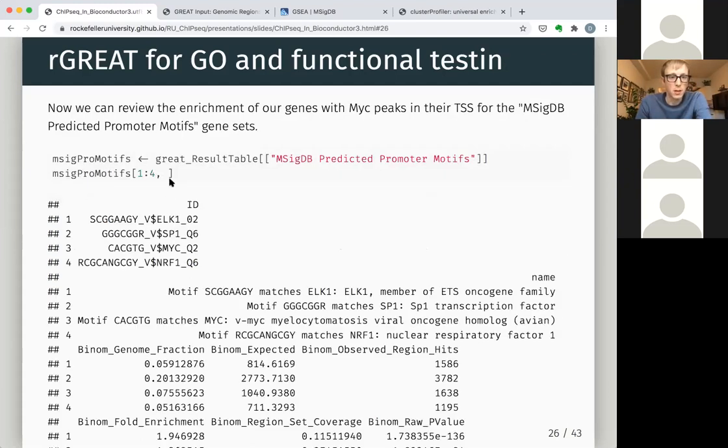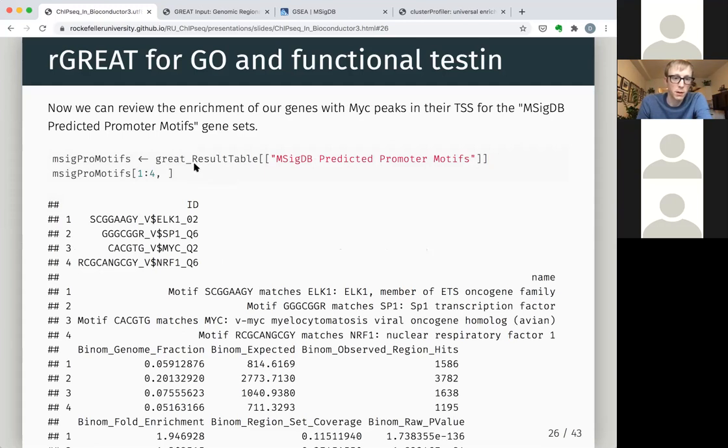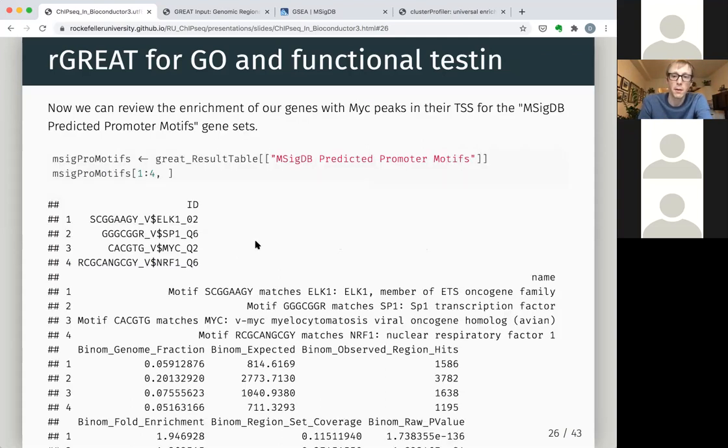So then you can take your great result table, and this is just a list with the different subgroups within it from regulatory motifs. And so we're going to subset this list based on this ChIPseq predicted promoter motifs category. And you get a nice data frame out from this. If we look at the first 4 rows,